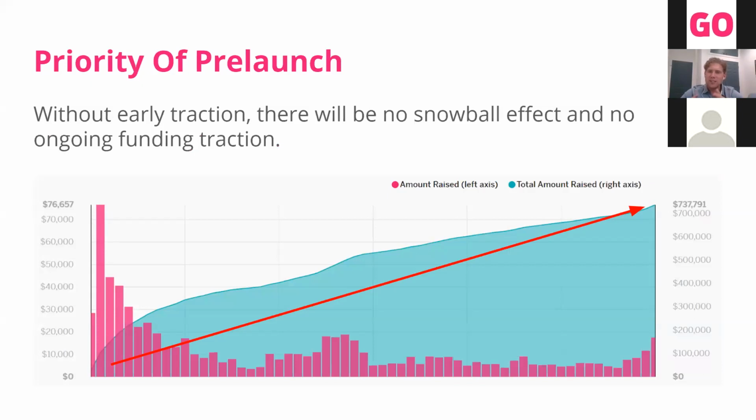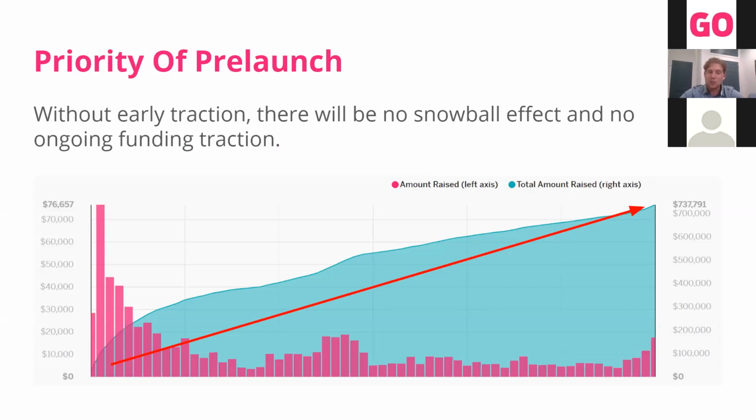And what we should really consider when you're looking at a diagram like this is that those early dollars hold more value than the dollars you'll get later in the campaign. And I think that's something to take away with you. If there are a handful of things to take away with you today, that is one of them. The early dollars are more valuable than the later dollars in a campaign, because without the early dollars, without this mountain early on in this campaign that we're looking at, those later dollars don't come.